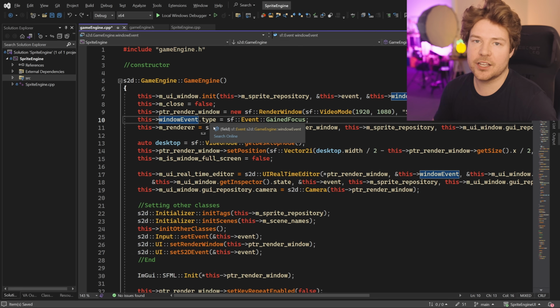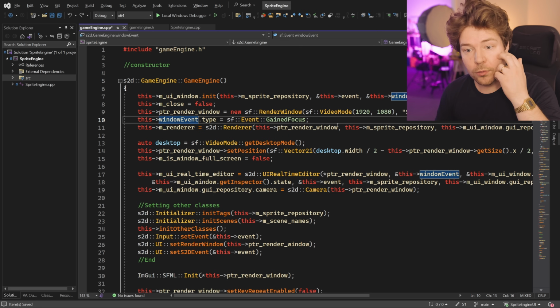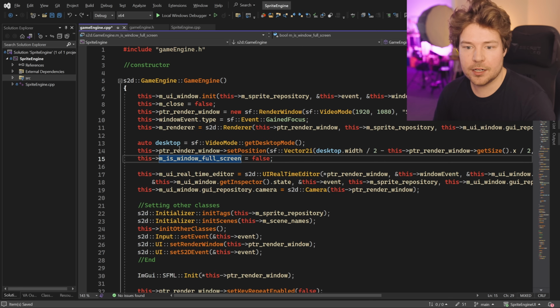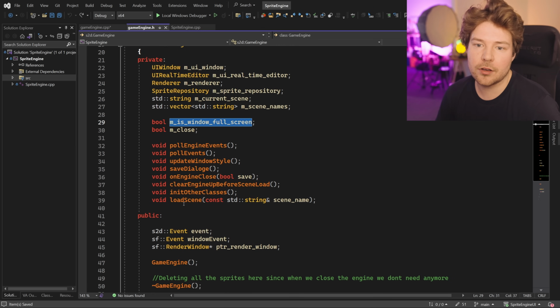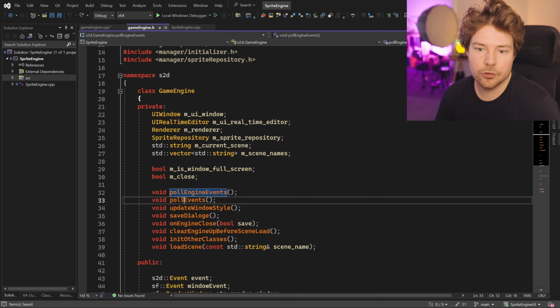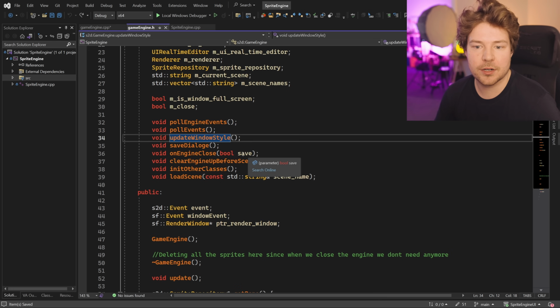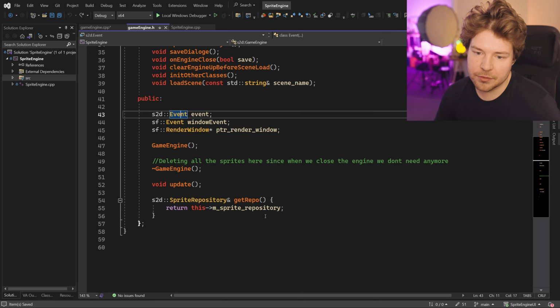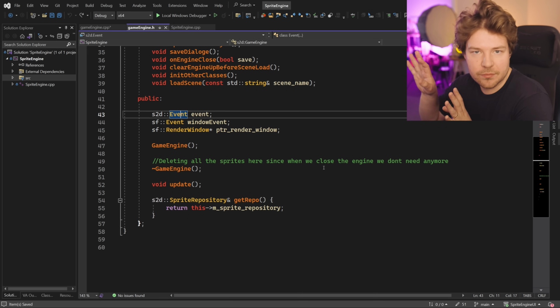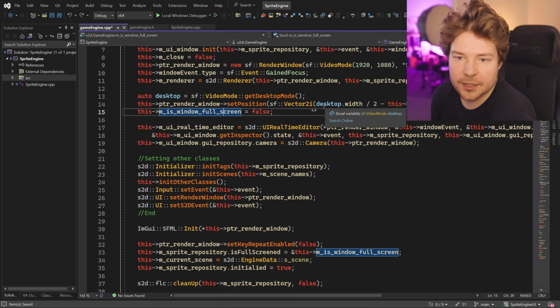I would probably package that up into a window class just to abstract all of that away. And also you could build up your own API around it, because if you look at this, there's a lot of stuff here that is specifically related to window things. So poll events is obviously about the window. So is update window style. There's this render window events. All of these things could be abstracted further down into a window class, and that would really free up this